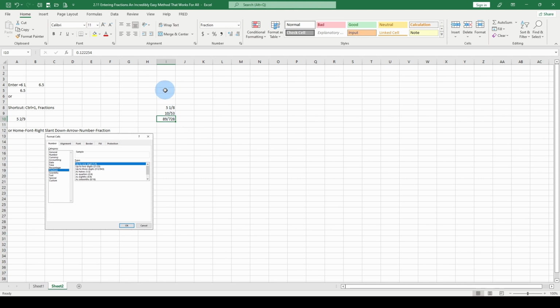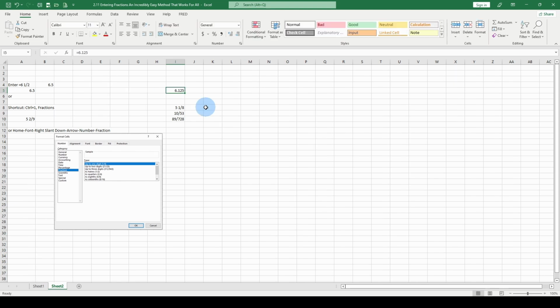Again, you can go space equals 6 space 25 equals 6 space 25. If you enter a fraction and you want a whole number, you can enter 6.257 equals and 1/3. Or you can go the other way and use the